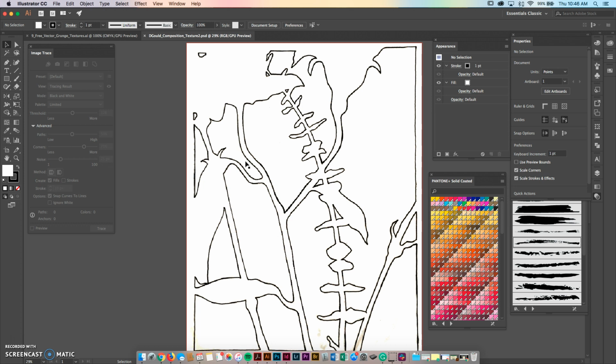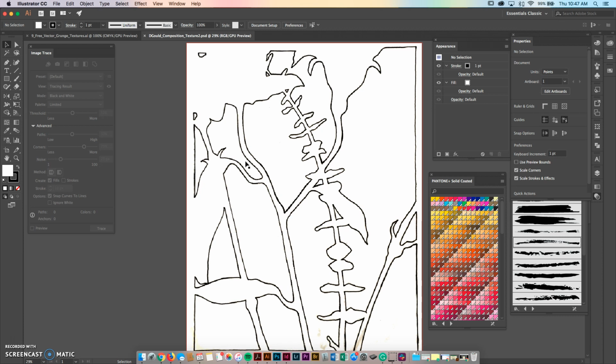It's going to give you much fewer anchor points and make your file smaller and also the artwork just cleaner. But you can also do image trace options, and I don't encourage you to do this all the time by any means, but image trace can be a helpful tool, especially when we're dealing with illustrations or inkings that we're bringing into